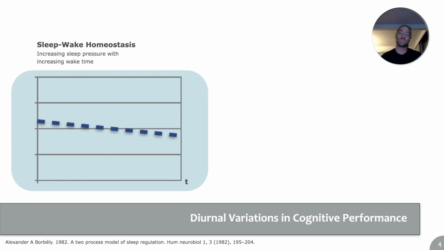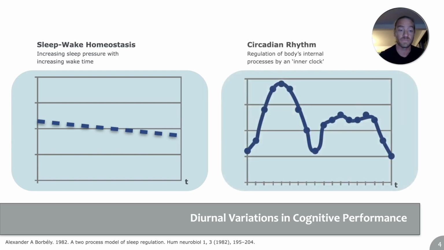This is really due to two underlying processes according to established theories on sleep-wake regulation. The one on the left here is the homeostatic process, which manifests itself as a gradual decrease in alertness throughout our wake period. The longer we stay awake, the bigger the sleep drive gets and the more tired we become. On the other hand, we have the circadian variations, which have a period of 24 hours or a little longer, follow a sinusoidal pattern, and determine the hours of the day characterized by particularly low or particularly strong sleep drive.